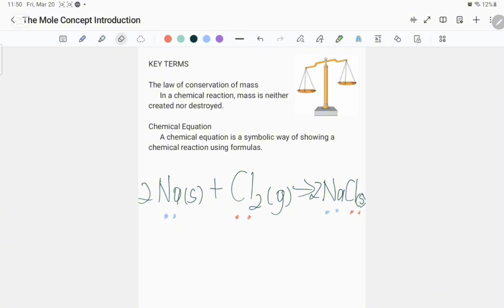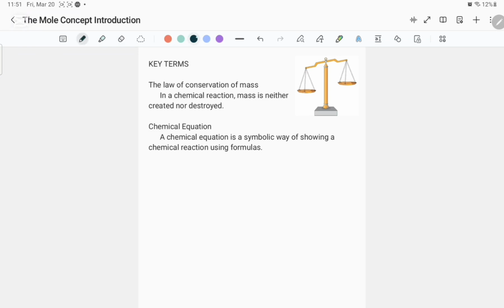Let's look at this last one. So you have zinc reacting with hydrochloric acid, and that reaction will give you zinc chloride plus hydrogen gas. So